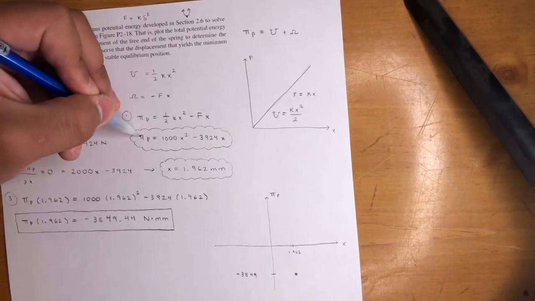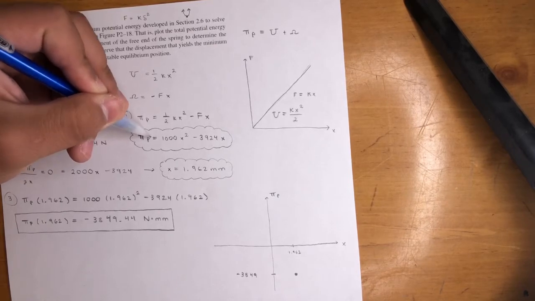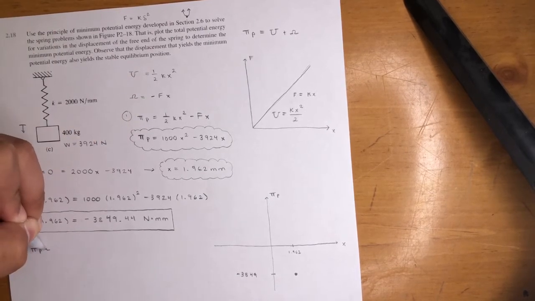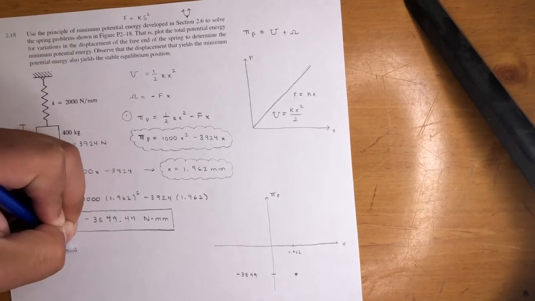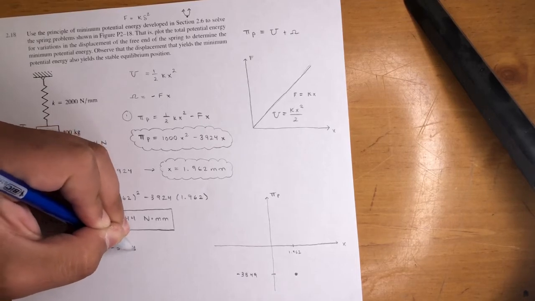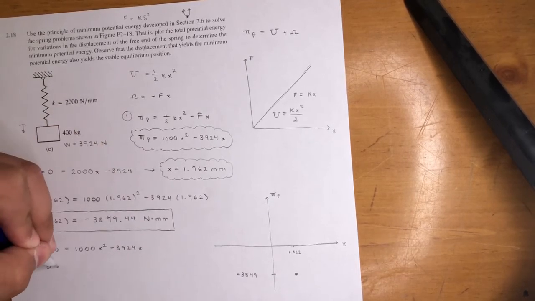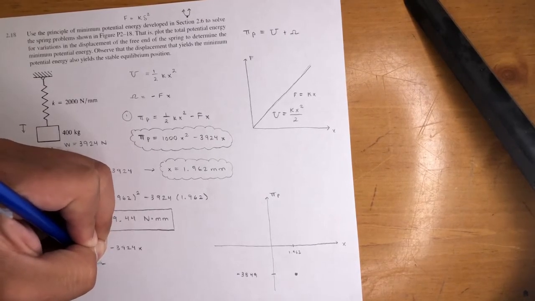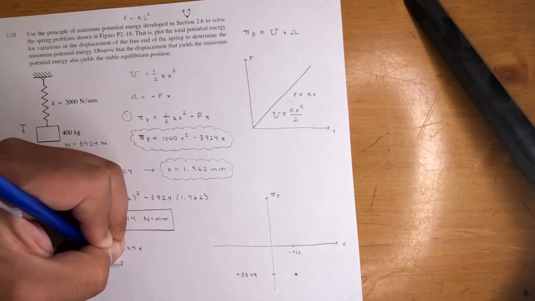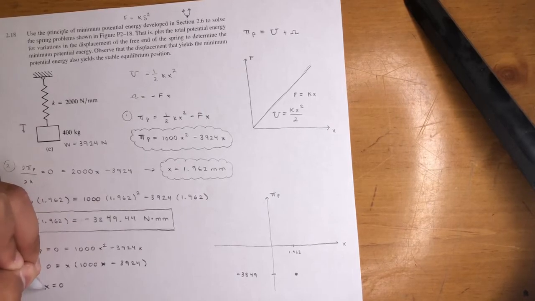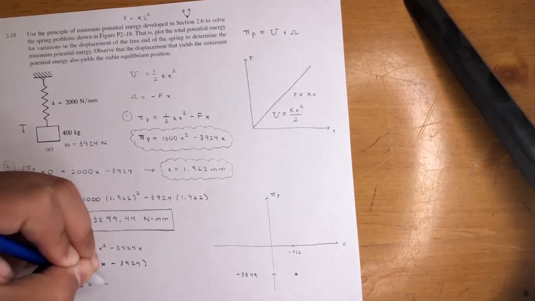To do that, all you got to do is set your original potential energy equation equal to 0. So not the derivative, the original one. So pi p is equal to 0, and that is 1,000x squared minus 3924x. Factor out an x, right? x times 1,000x minus 3924. Solve for your x's. x is equal to 0, and then x will also be equal to